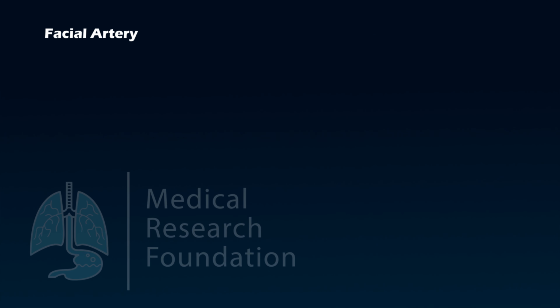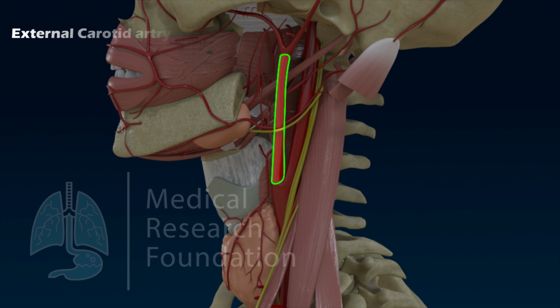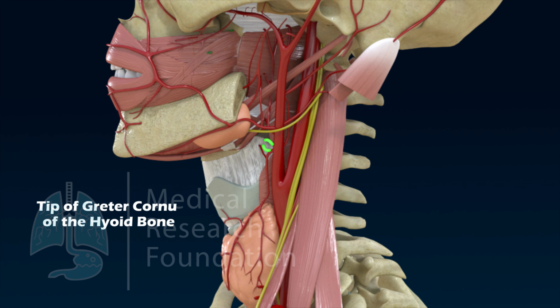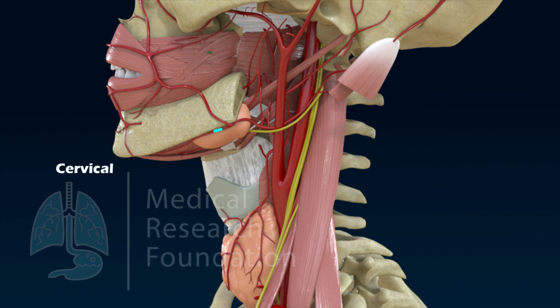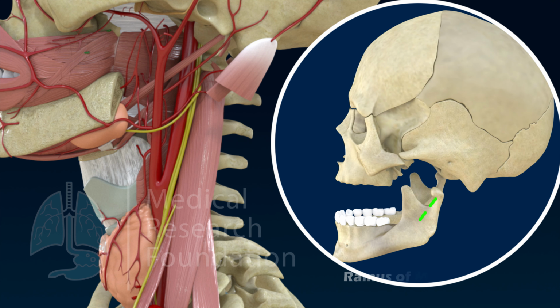Facial artery, formerly called external maxillary artery. It arises from the front of the external carotid artery just above the tip of the greater cornu of the hyoid bone. It is divided into 2 parts, cervical and facial. Cervical part of the facial artery ascends deep to the digastric and stylohyoid muscles, passes deep to the ramus of mandible,